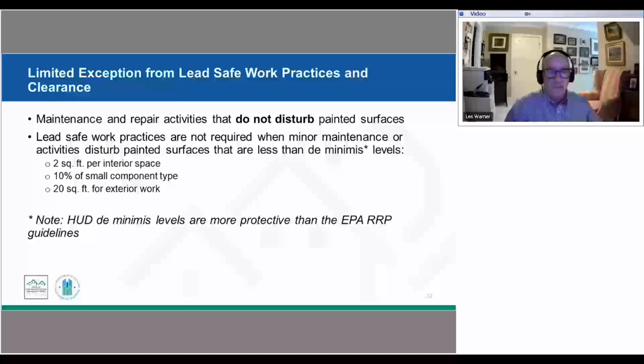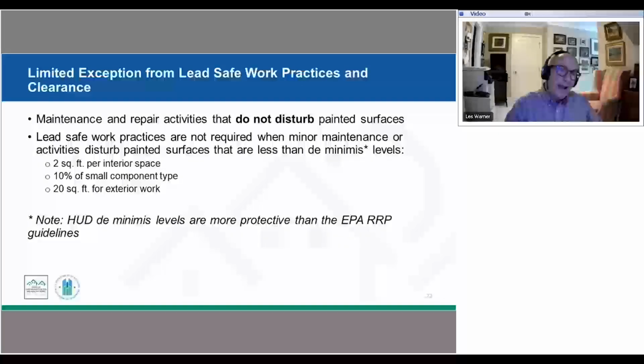We would be exempt from the lead-safe work practices. We certainly would encourage you to always use lead-safe work practices, which we're going to be talking about a little bit later, but it would be exempt. Also, we have a category for small component types, so 10% of a small component type. This is where we can't measure them all together, so we're thinking about maybe woodwork or something where if it's 10% or less of that small component type, then we could be exempt under the de minimis level